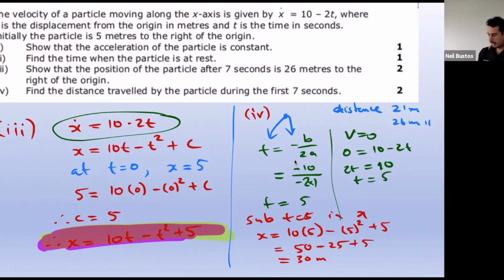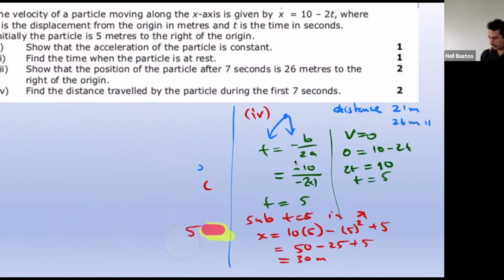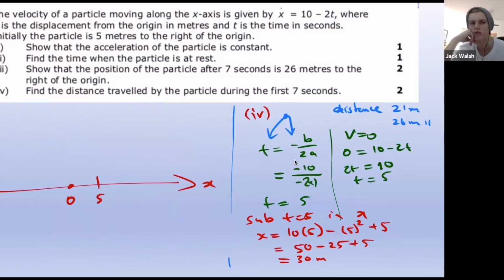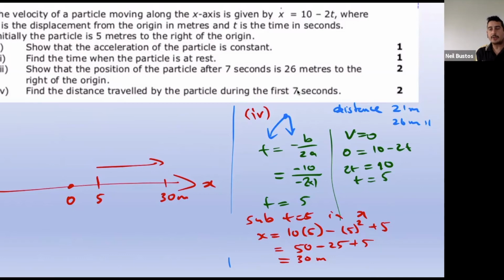All right. So let me draw what's happening. I'm going to rub this off on this side so you can see. So this is displacement, okay? This is the origin, O. Where do we start? 5 meters after that. And we traveled all the way to what? To 30 meters, didn't we? So that's at t equals 5. So what does the question want to ask us? The first 7 seconds. So let's find out what is happening